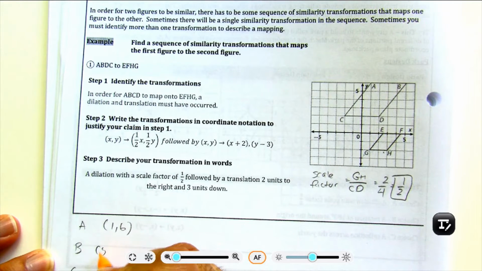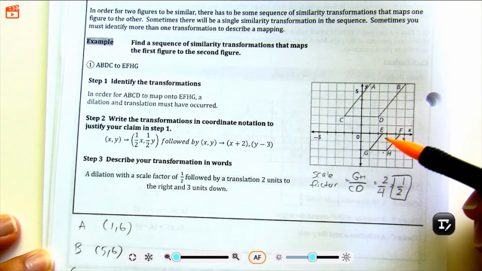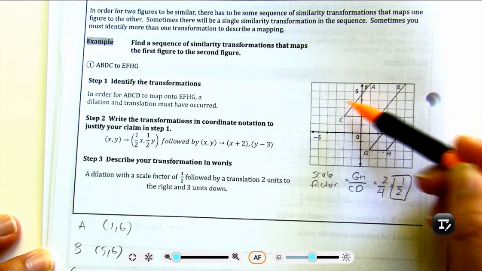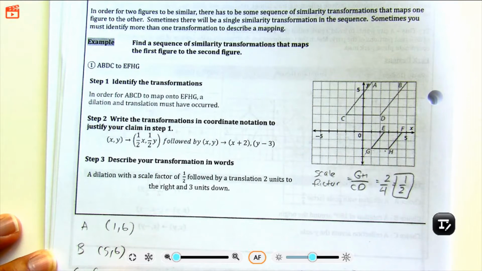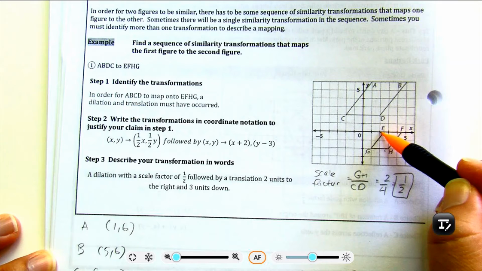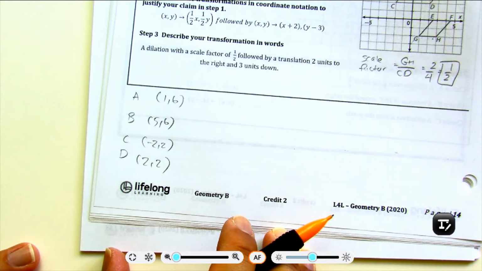Point C is -2, 2. Point D is at 2, 2. So these are my original points, A, B, C, D. And then what I'm going to be doing is using this scale factor 1/2 to find